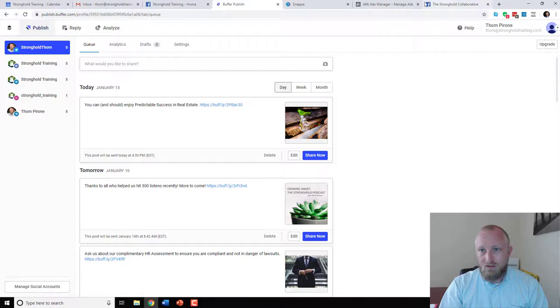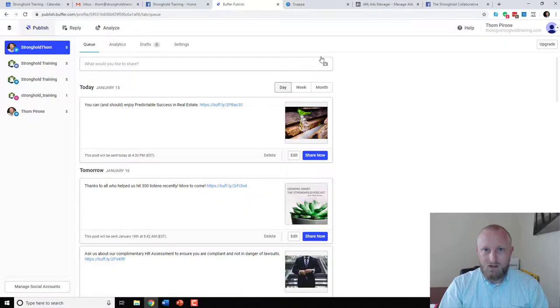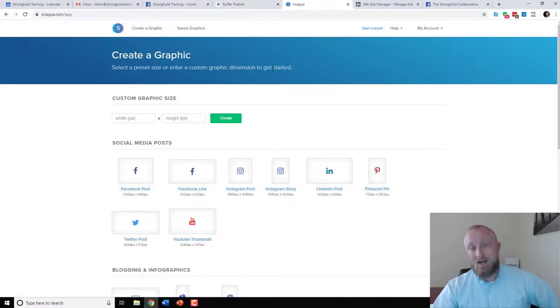Almost done here. Let's go back to the slides. Oh, real quick, other tool I want to show you real fast here. So I use a tool called Snappa. I am not a graphic artist. You are probably not a graphic artist. And one of the challenges of posting pictures and things like that on social media pages is getting the sizes right. You find a picture, but you need to make it resized for a Facebook post. Snappa is the best thing I've ever used for this. I've used many of the platforms. Snappa I found to be the best, especially when it comes to creating the right size.